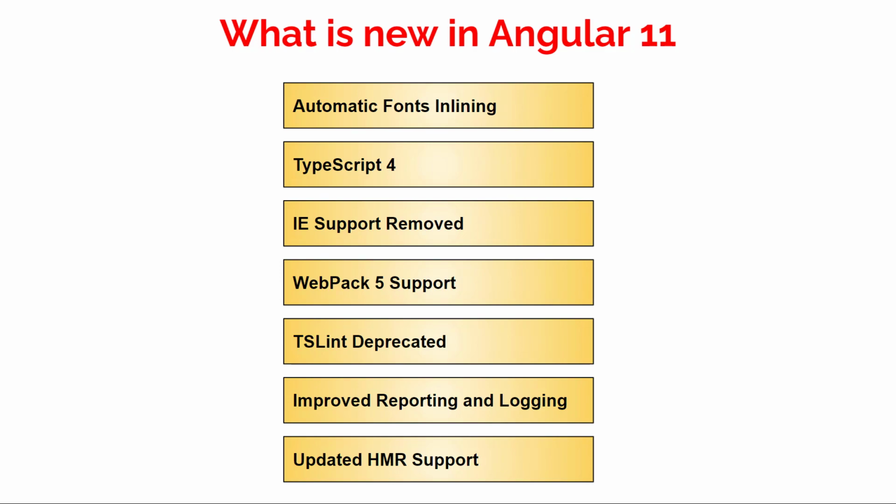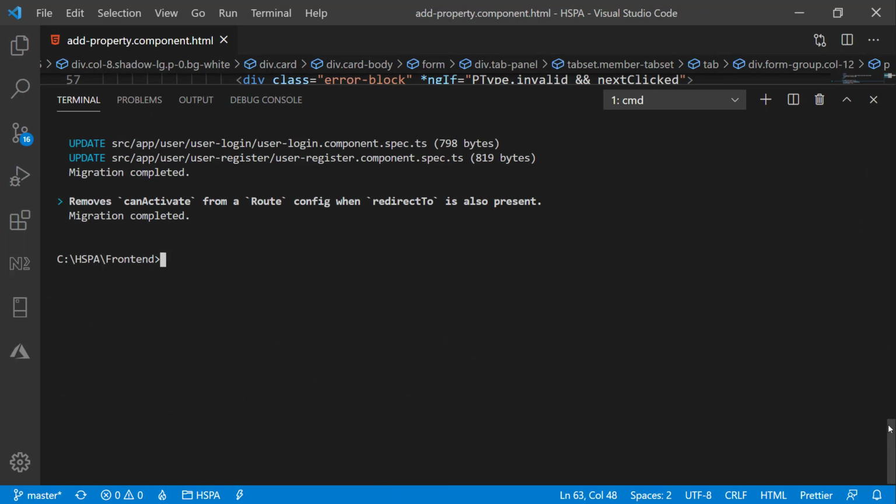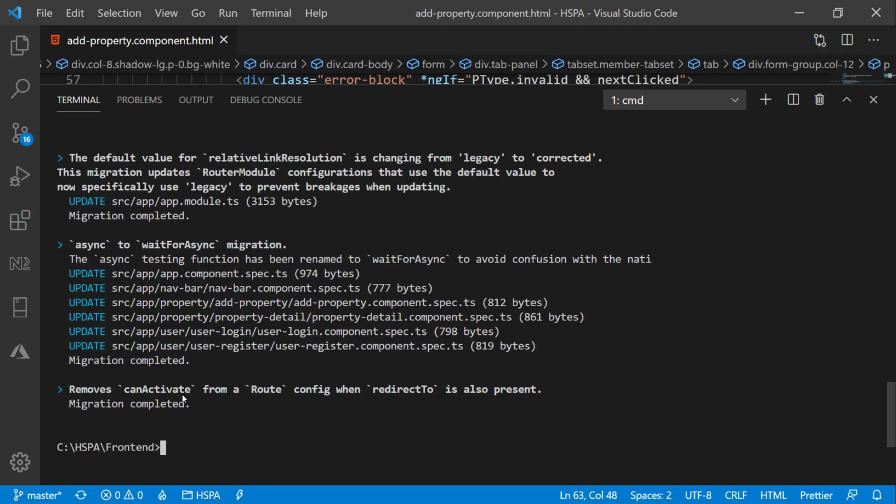Let's see what those fixes are. So the first one is we are able to use can activate property with redirect to property on a route. The issue here is that if we use redirect to, can activate property is ignored.